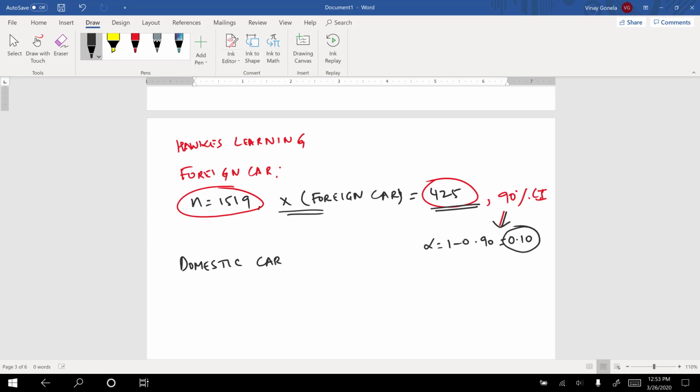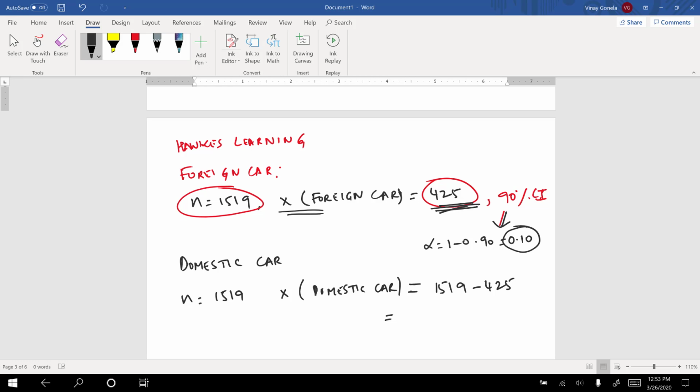So what you do is your N is still 1519, but X, this is domestic car,